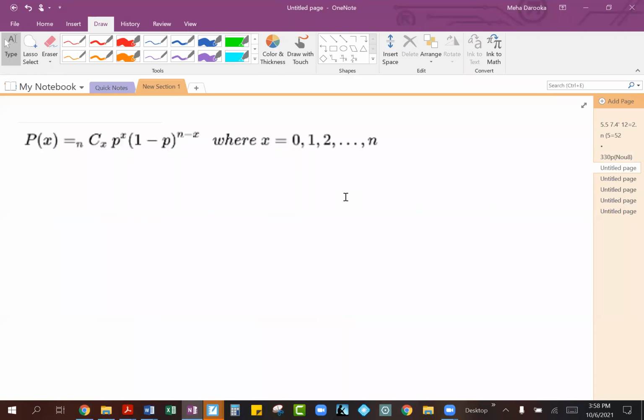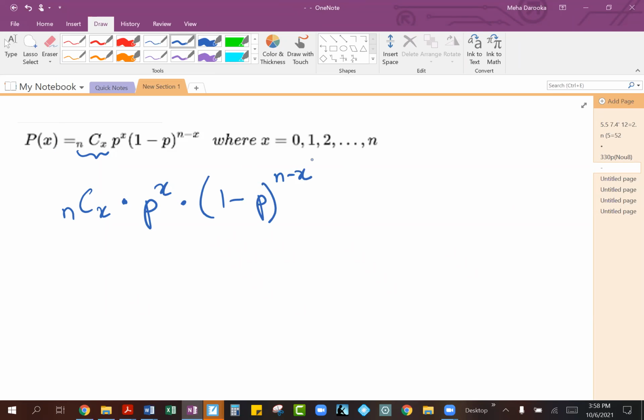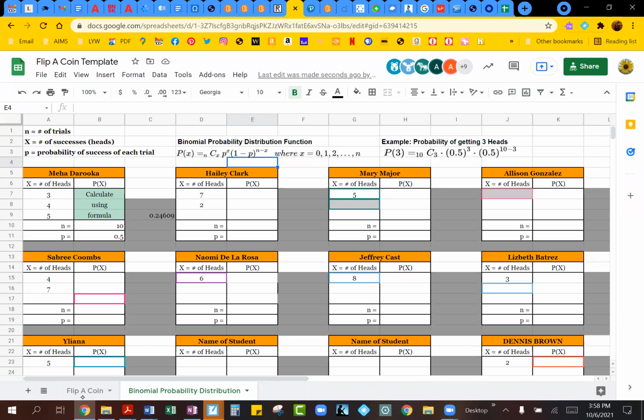So you have your combination formula over here. The nCr is what combination looks like, but instead of r, we are using x. You multiply that with the probability of x and then 1 minus probability of n minus x. So this is that formula, and this helps us calculate the probability based on the number of heads. So if you have 3 heads, which is what I had for my first experiment, that's going to be our x value, and you can see how I've broken this down.